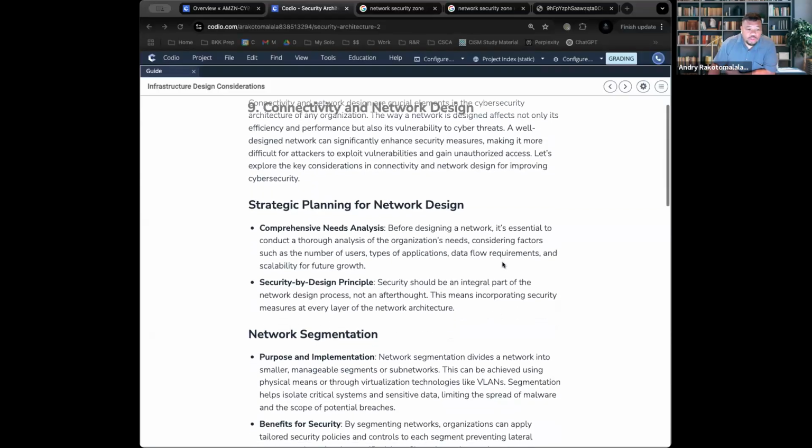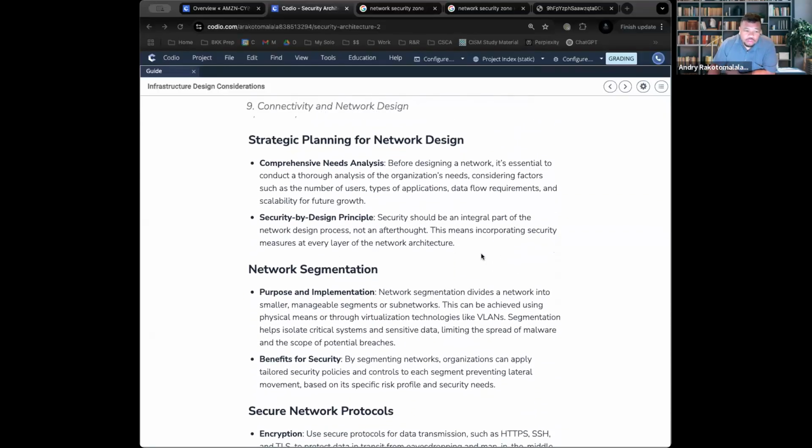an incident. So, what are the things you have to do? Well, the first thing is you need to do what we call a needs analysis. So, a needs analysis, in essence, is understanding the business goals, how many users you're going to have, maybe how much bandwidth you need, and very specifically, the data flow. The data flow is important because you need to conceptually see where data is going inside of your network so that you know how best to protect it, because some of that data is going to be very valuable.